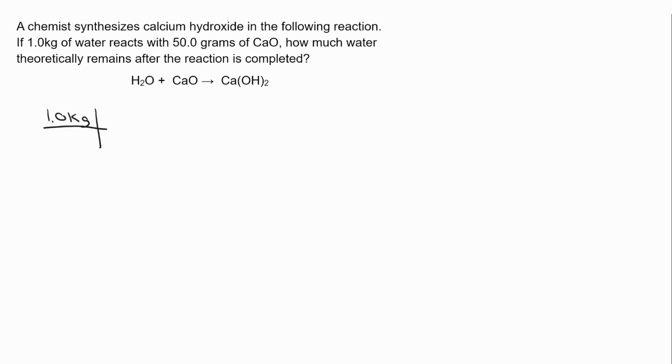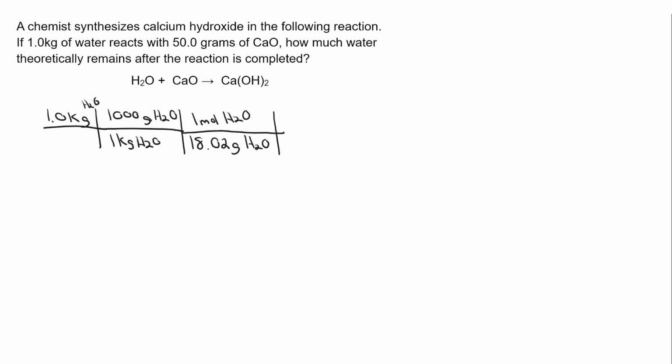So here we have 1 kilogram of H2O. If we convert it by using 1 kilogram of H2O to 1,000 grams of H2O, we need to convert from grams to moles, and the molar mass that you would find on the periodic table of 2 hydrogens and 1 oxygen is 18.02 grams of H2O for every mole of H2O. And using our mole-to-mole ratio of 1-to-1, 1 mole of H2O to every 1 mole of calcium hydroxide,